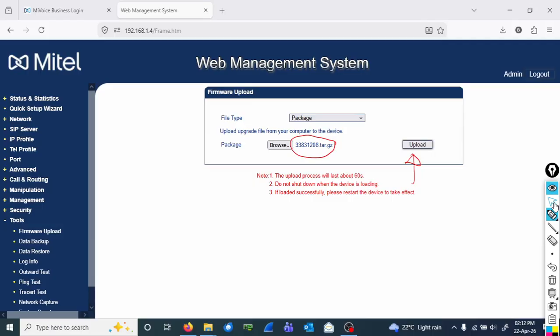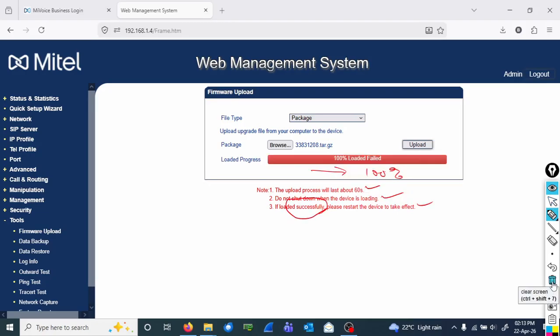So we are waiting to see if it loads successfully. So this upload has failed, but I know why, because I have used it before. So this is why it has failed. So because it has failed,